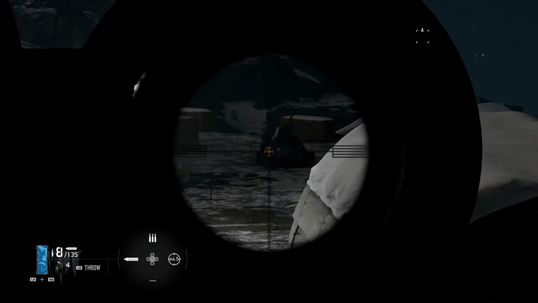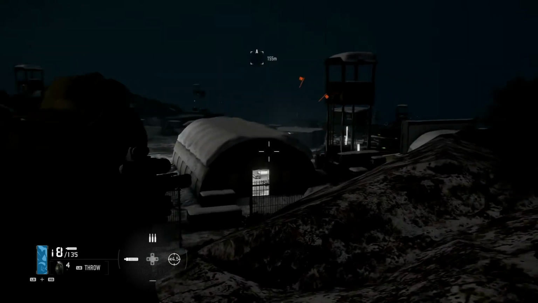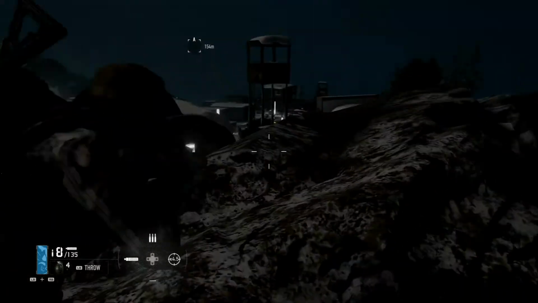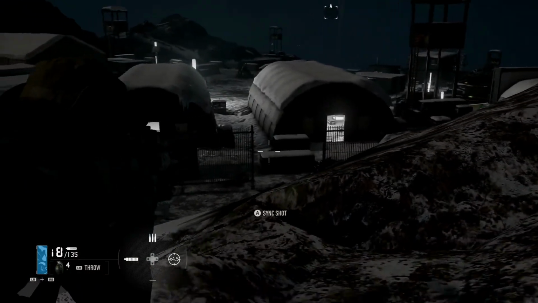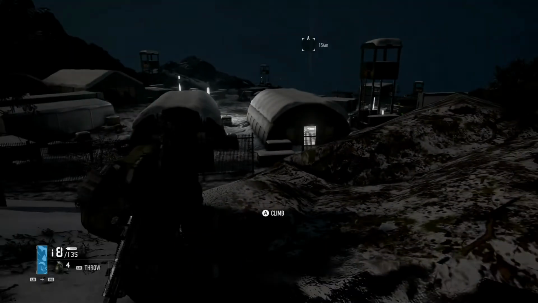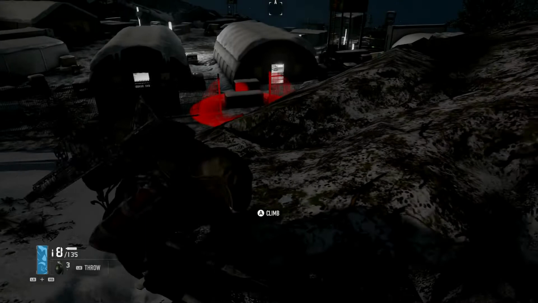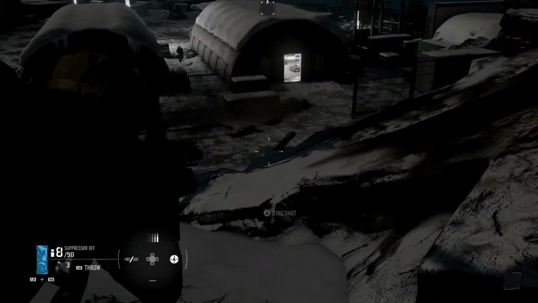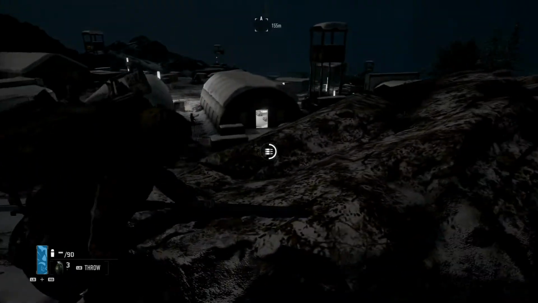Like I'll scope in when I'm using a sniper rifle or something, but generally, I usually like to aim in third person, so I do use a crosshair, for mid-range and close range combat. Yeah, I'm usually aiming in third person with a crosshair, and this is just something that comes down to player